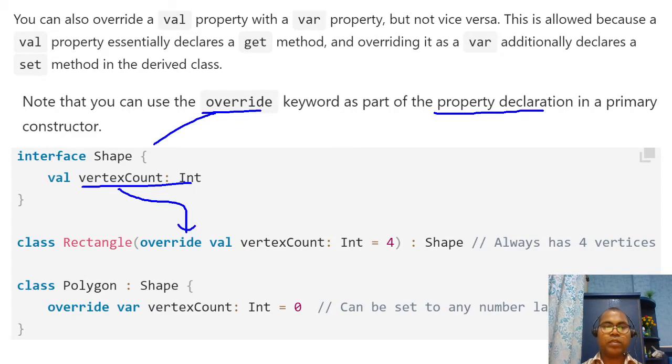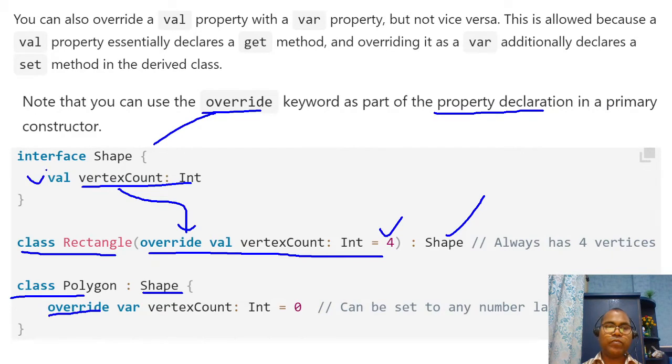Here we have a rectangle and override this to 4. The shape inheritance is always 4. And similarly for another class, you can override shape's value from val to var as well. So here it can be set to any number, not an issue.